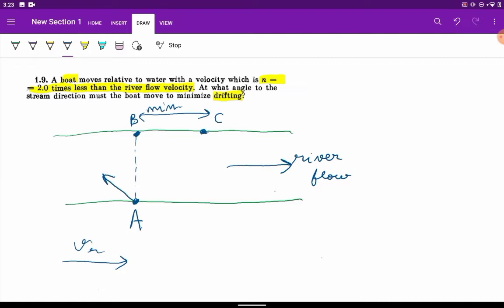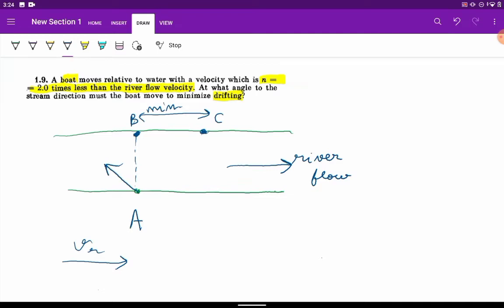If it goes in this direction, that wouldn't help, because that would obviously maximize drift, because there will be a component in the direction of river flow. So this can't be done. It has to move opposite to the river flow. It has to have a component opposite to the river flow,